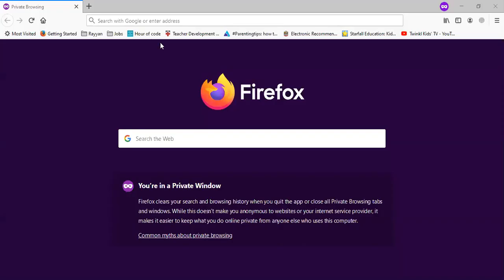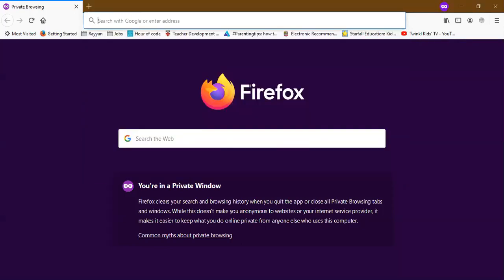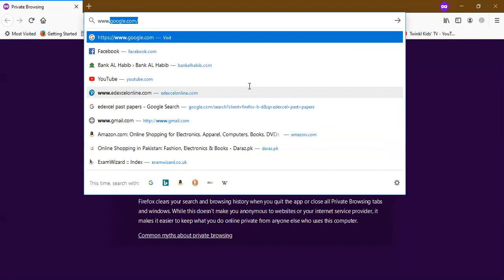Right. So in order to access class 7, 8, and 9's assessment, you will need to be on a computer and connected to the internet, and you must have a web browser. It could be any web browser: Firefox, Google Chrome, Safari, Internet Explorer, whichever one you like. So just point your web browser towards the website of the school, which is